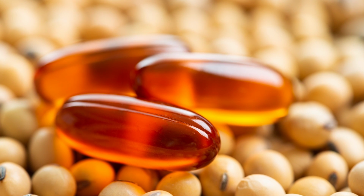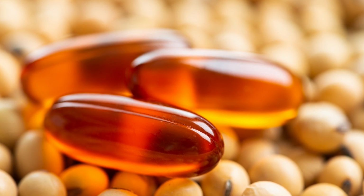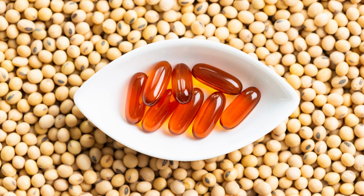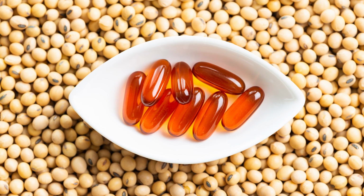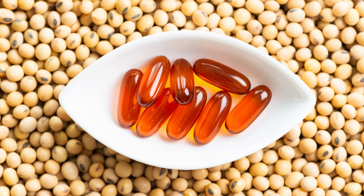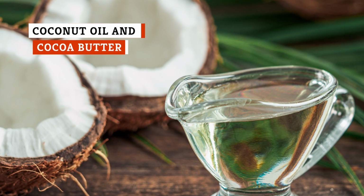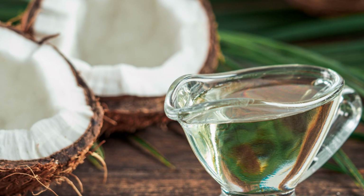Also keeping the Beyond Burger moist is sunflower lecithin. Lecithin is an emulsifying agent that helps bind together fats and non-fats, and using sunflower lecithin instead of the more common soy lecithin is another way that Beyond maintains a soy-free and GMO-free product. In addition to canola oil, the Beyond Burger also contains solid plant fats such as coconut oil and cocoa butter